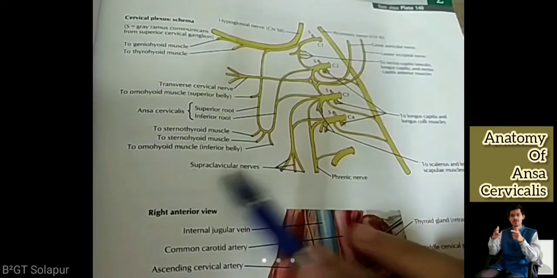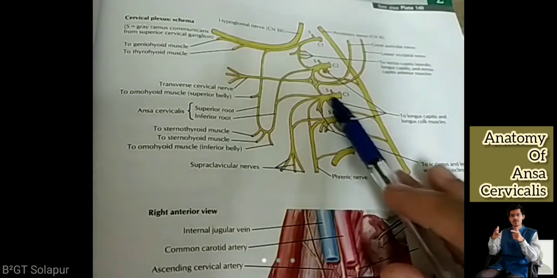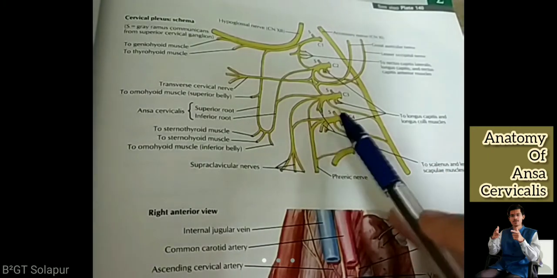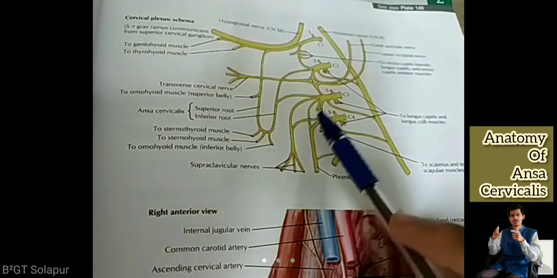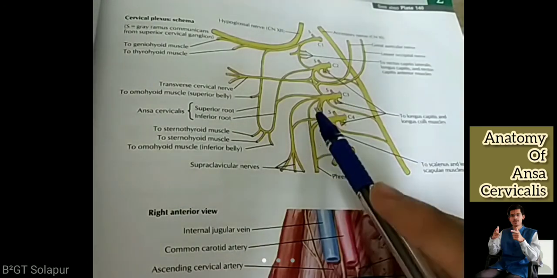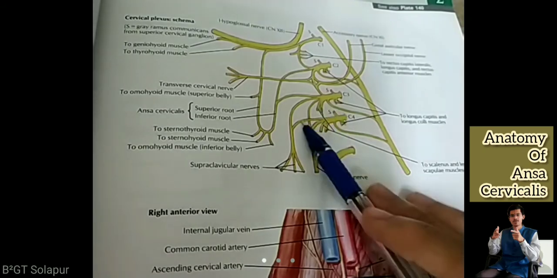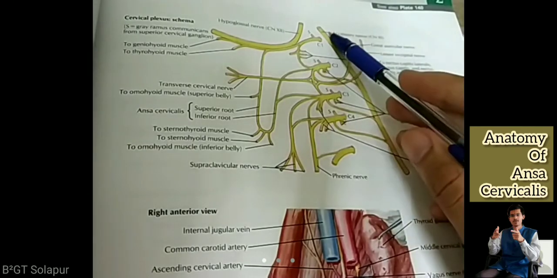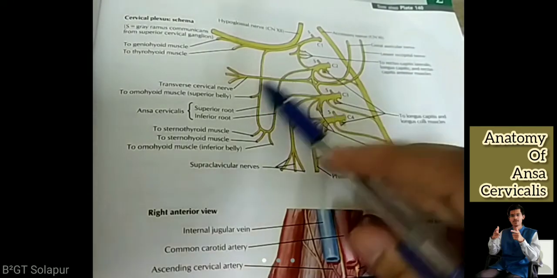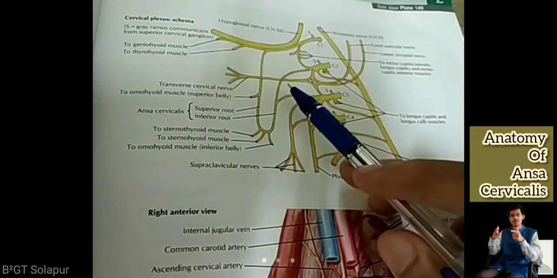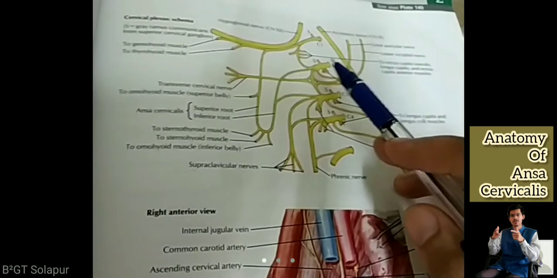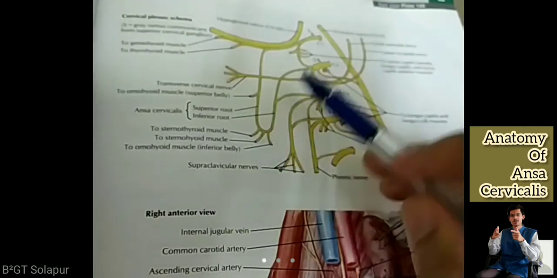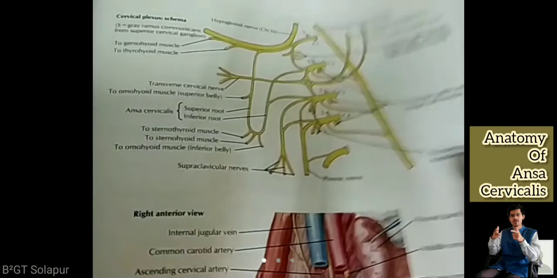You saw the supraclavicular nerves we were discussing yesterday. They are coming from C3 and C4. Understood? And we saw the great auricular nerve and all this. They were also forming. Understood this? See this, the accessory nerve. Can you see this accessory nerve labeled here? So this is about the ansa cervicalis. Have you understood about the ansa cervicalis? It's very simple. Superior root, inferior root, and its formation, its location we have already discussed in this diagram.